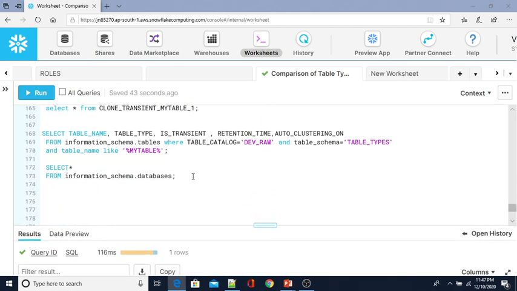Okay, so this is all about the comparison of Snowflake tables in terms of persistency, time travel, cloning, and failsafe. Failsafe, as I said earlier, is not managed by the users or ourselves. It is managed by Snowflake itself.